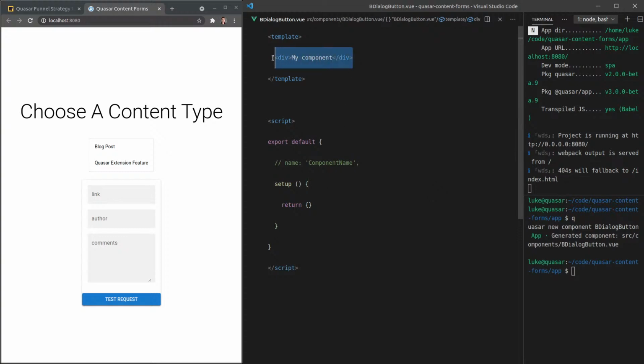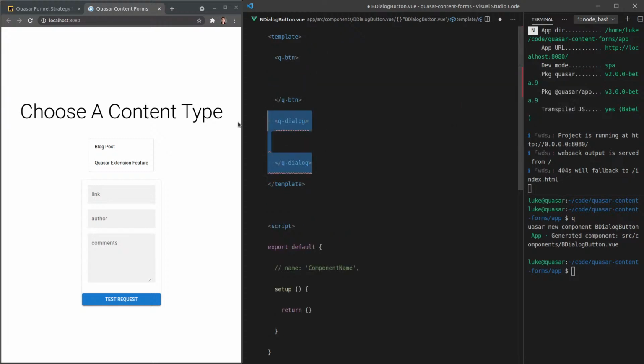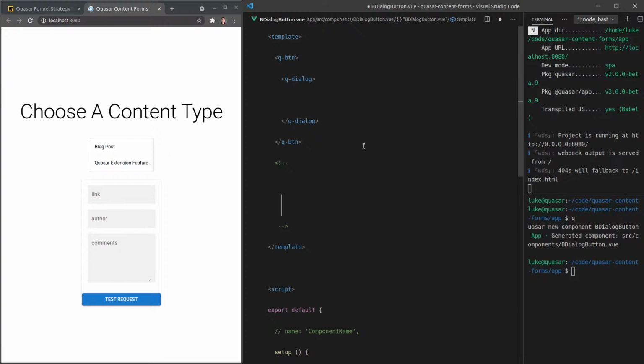And a q-dialog component. But that's going to be sitting inside of a Q button. The idea is that this is going to be a button that has content for the dialog slotted inside it. So the way we'll be able to use this button when it's done will be like this. We'll be able to say